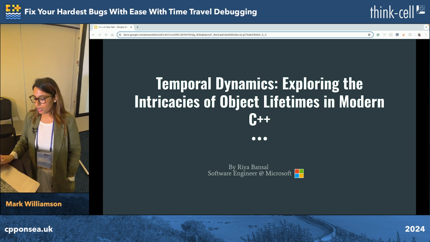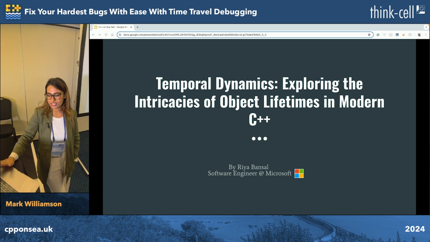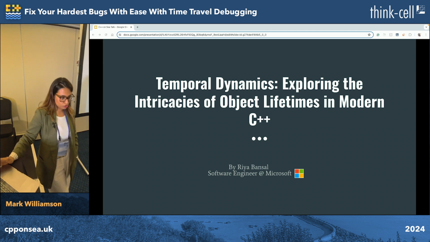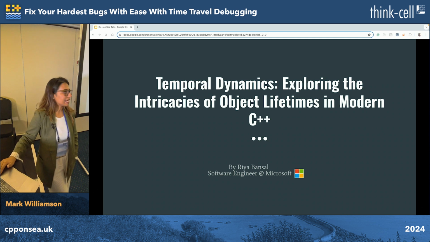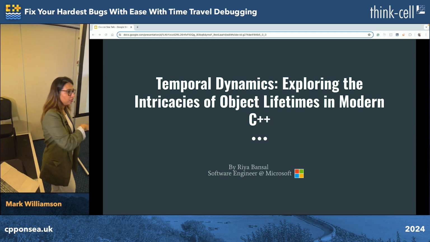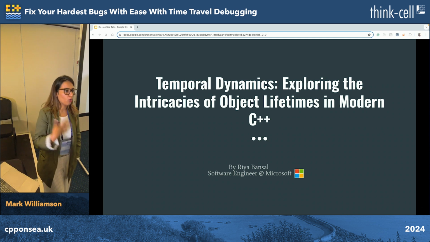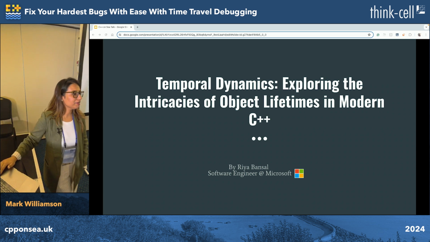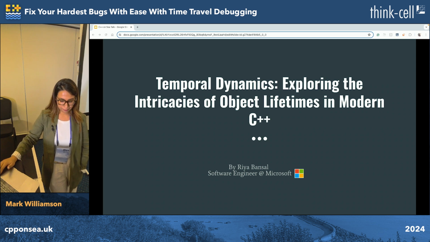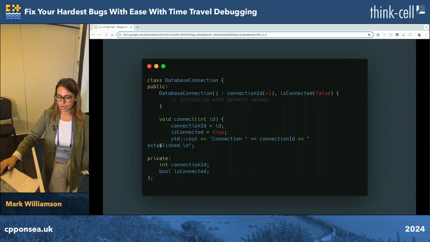So we'll talk about some sophisticated aspects of C++ object management, and then we will also see some advanced techniques and best practices that you can use when you are working on a similar situation. Obviously, the examples that I will be showing, a lot of code over here, are pretty much my own. I've tweaked them a little bit because of Microsoft confidentiality, but you will be able to understand what I'm trying to say. Okay, so let's get started.